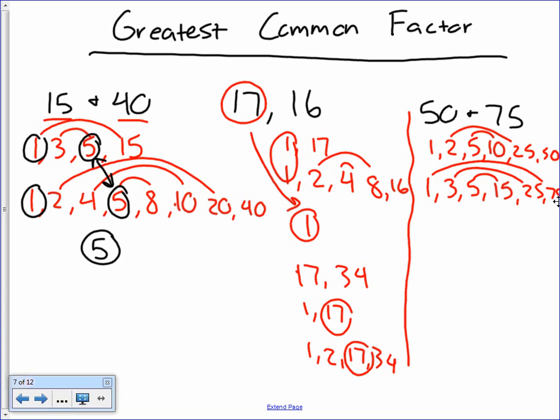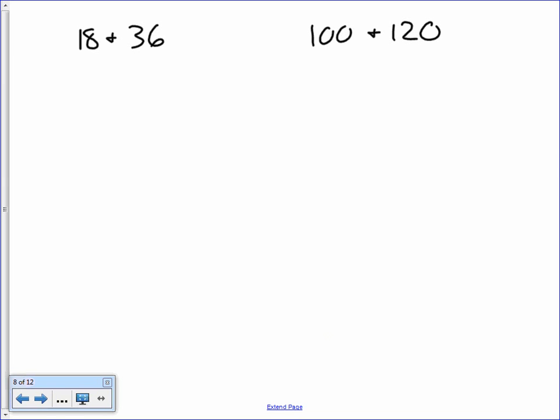So which one is the biggest number in both of them? There are 1s in common. There are 5s in common. There are 25s in common. So actually 25 is the biggest one, and 25 is my greatest common factor for that one. All right, let's try out a few more. So 18 and